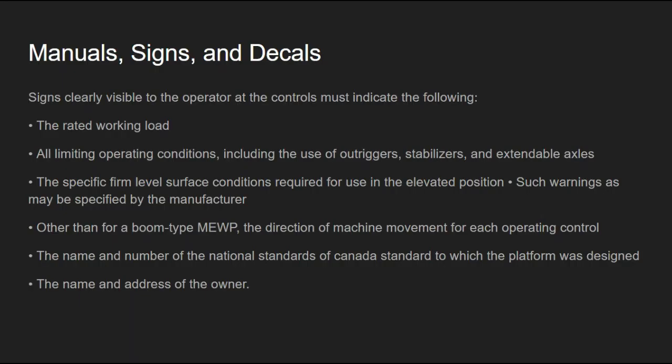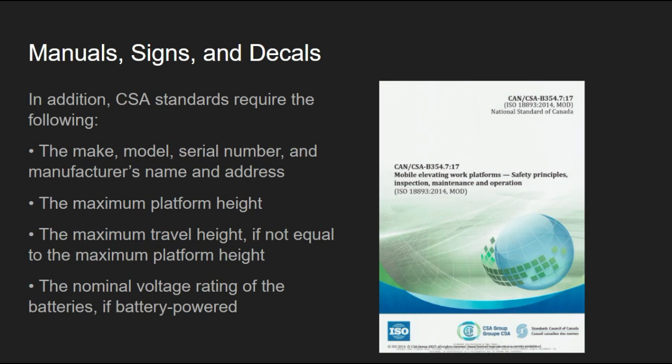Other than for a boom type MEWP, the direction of the machine movement for each operating control, the name and number of the National Standards of Canada standard to which the platform was designed, and the name and address of the owner. In addition, CSA standards require the following: the make, model, serial number, and manufacturer's name and address, the maximum platform height, the maximum travel height if not equal to the maximum platform height, the nominal voltage rating of